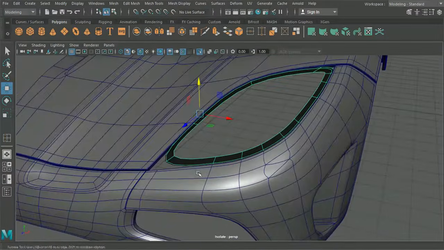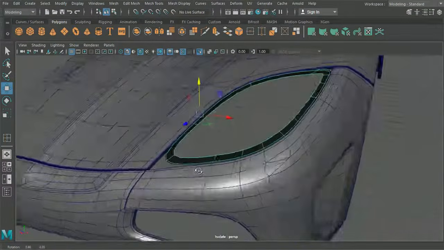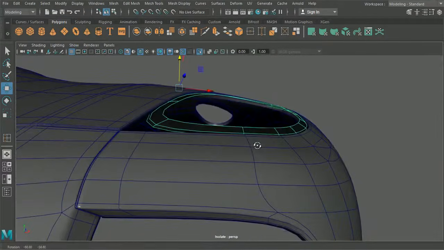Okay, so we're looking pretty decent there now. We've got some nice decent shape to it.